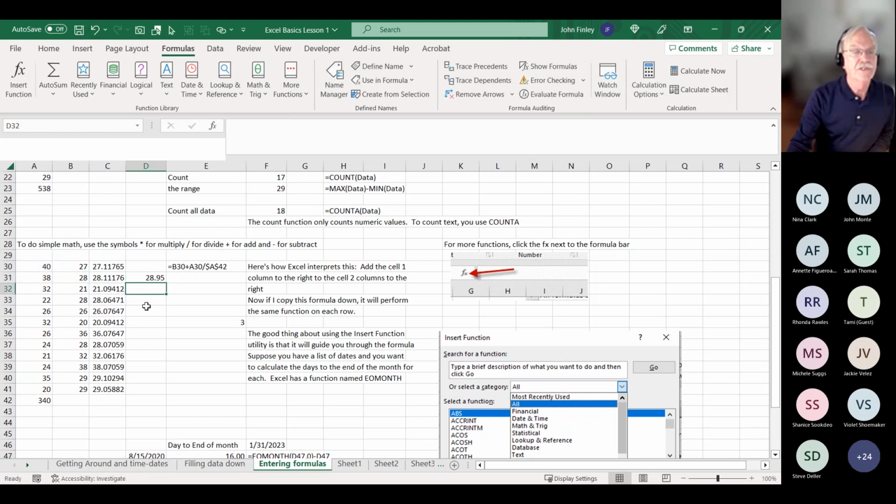So now what this does, I'm going to copy that down. These are now A31 divided by A30. And this is A32 divided by A31. And this is A33 divided by A32. And that's what I did wrong, because I did this. Now, okay. So